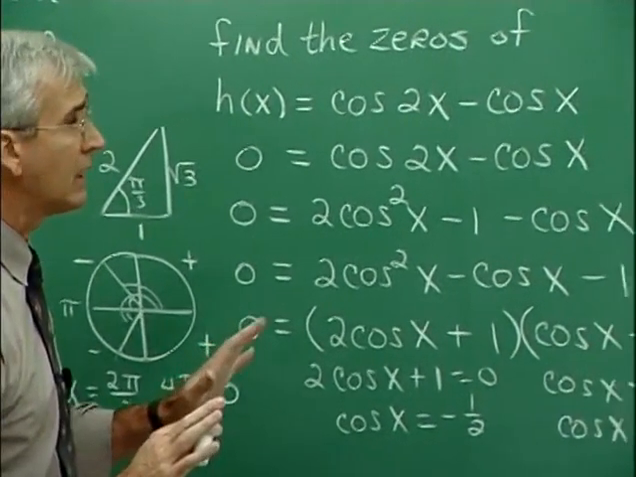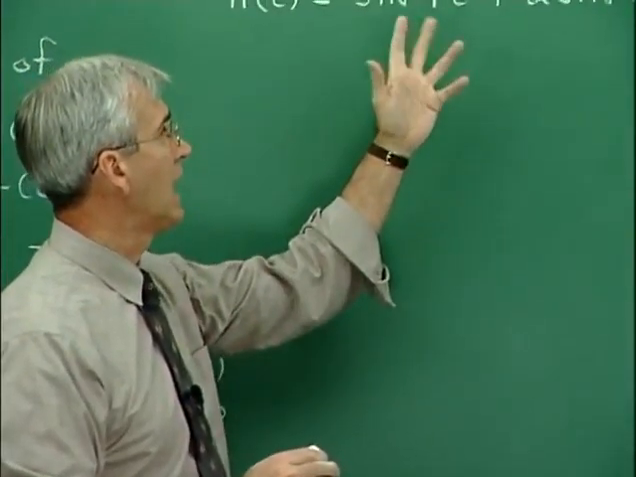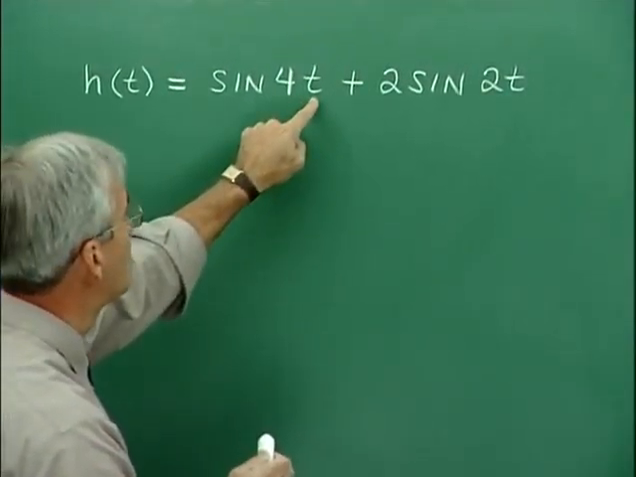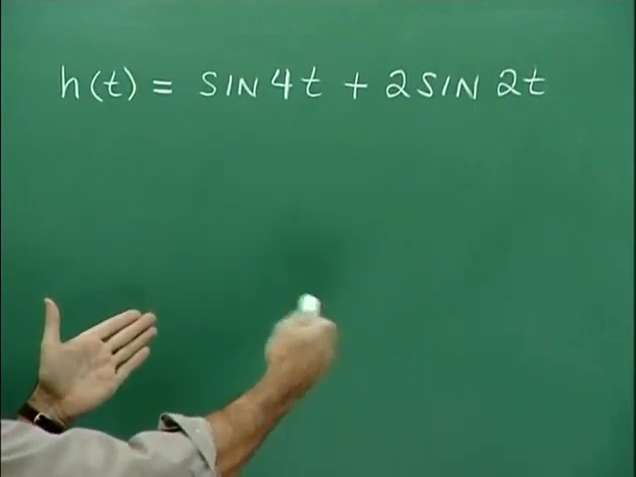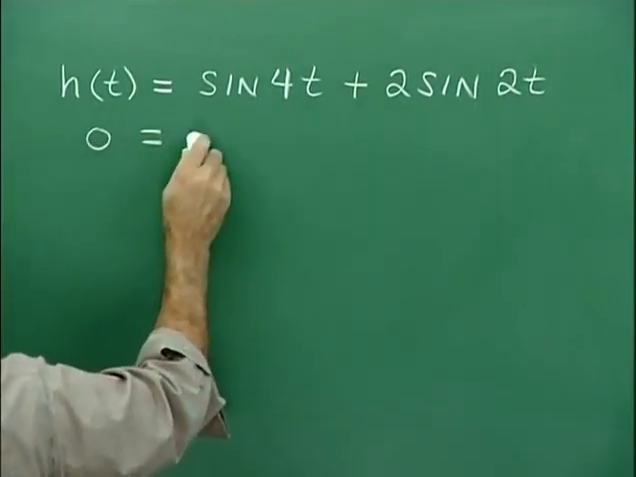Here's another one. Again, let's talk about finding the zeros of the function and using the techniques that we're talking about here. Also, we're restricting the value of t for values between 0 and 2 pi, but not including 2 pi. All right, so we begin by going 0 equals sine